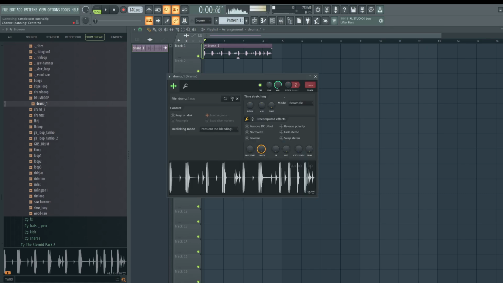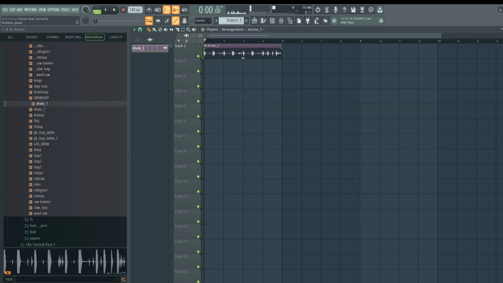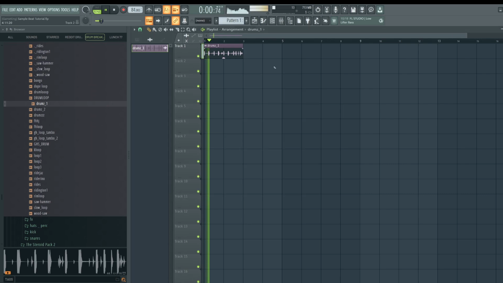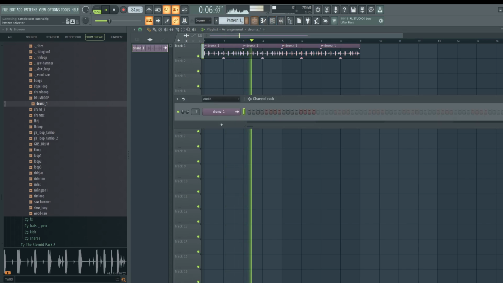Let's pull that down. Let's double click, go to stretch mode under mode and grab your time tool. Lock that to the grid. I learned that from In the Mix. Hit Control L, send that to the mixer. So now we've got to find out which tempo sounds good. Now we're at double time by default. Let's pull our tempo down to about 84, which is a good boom bap BPM. Let's double click and pull the time to about half. So 84 is a really good tempo to start with for boom bap.